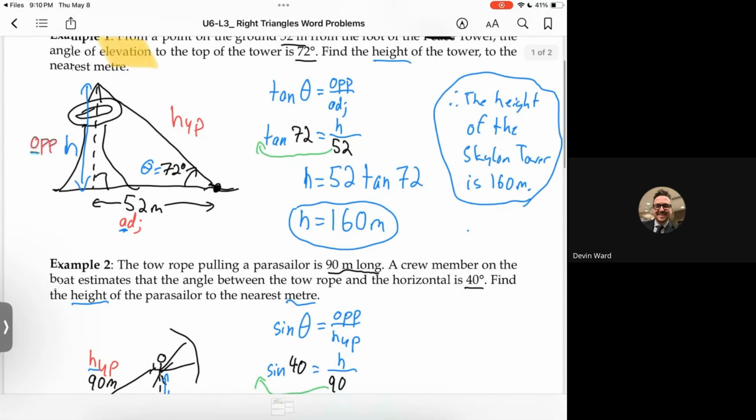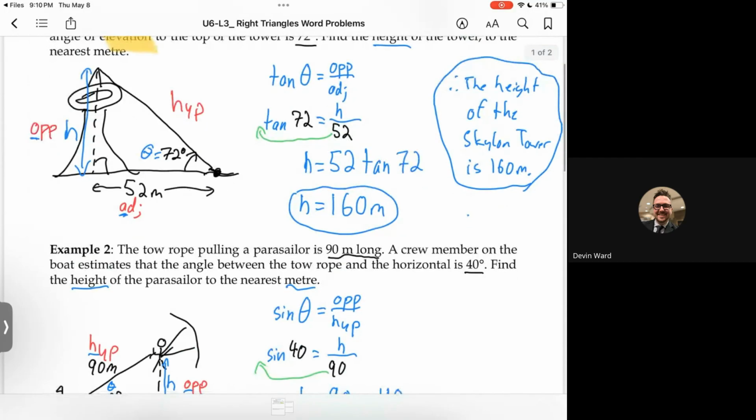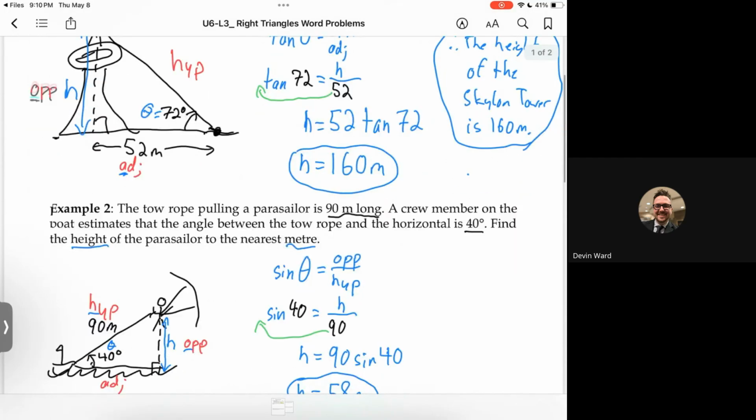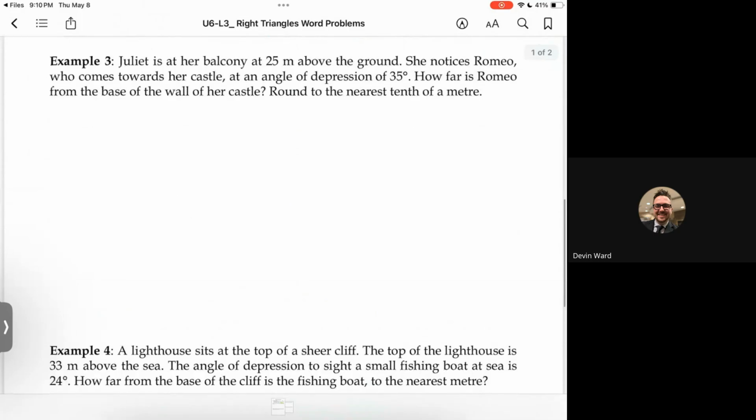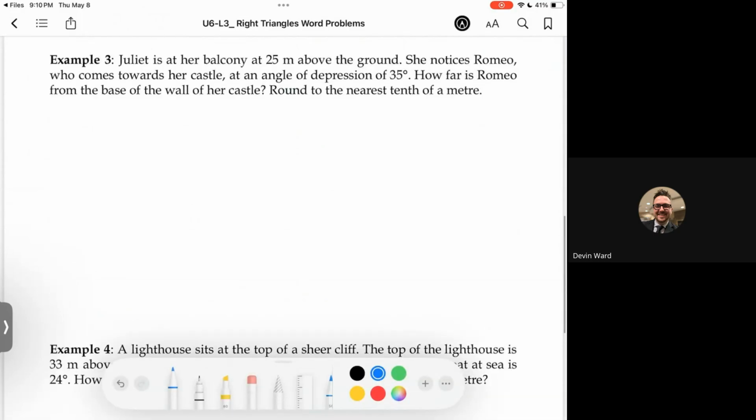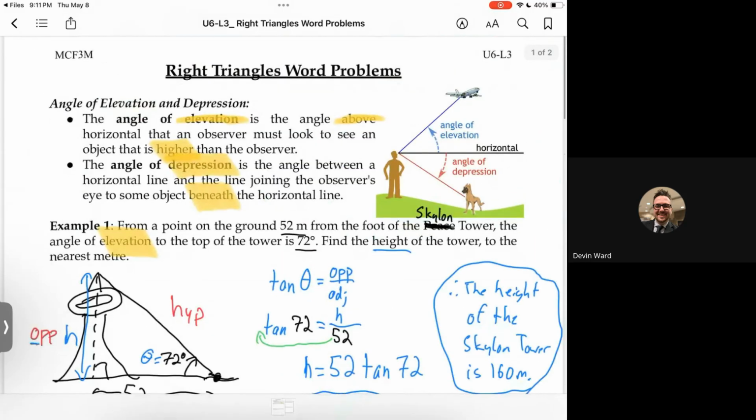Okay, so these two are angles of elevation. Angle of elevation, I find, is easier to draw and to identify the angle that we're looking at. Angle of depression can be a little bit trickier because remember, we're always looking from the horizontal and then moving down. So if you put your arm straight in front of you and then go down, that angle is the angle of